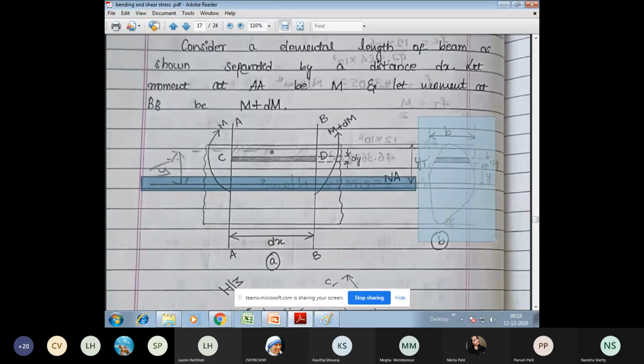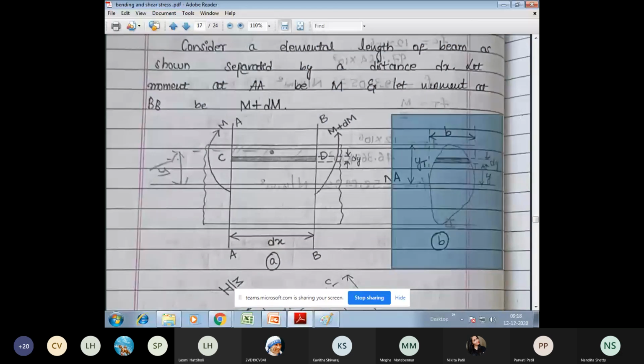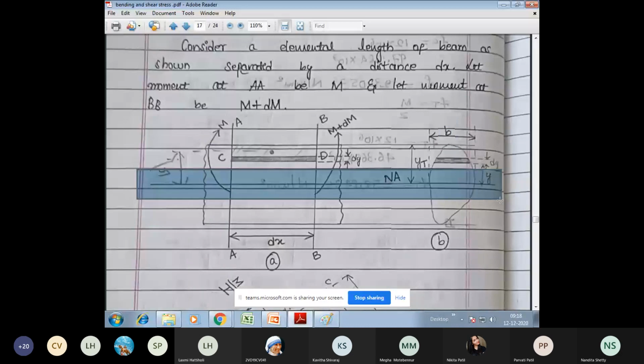Now this is a cross section. Of course, for the cross section you can take a rectangle or a circle, but I have taken a random cross section here. So let's take this random cross section. If you want, you can draw a rectangle or circle also, no worries. Okay. So this is a cross section, and you can see the width of the cross section is small b. The neutral axis continues on both sides. This is the neutral axis.